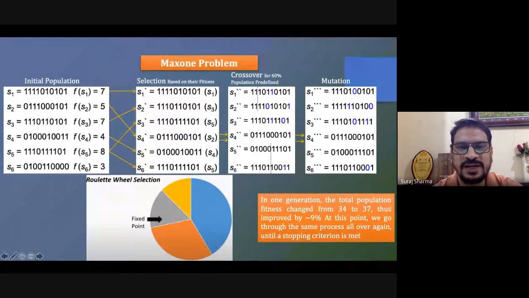We select 2 genes from one chromosome, that is 1, 1, and then choose the rest of the genes, 8 of them, from the other parent. So this value we have taken, and after that these values we have taken to generate S1.